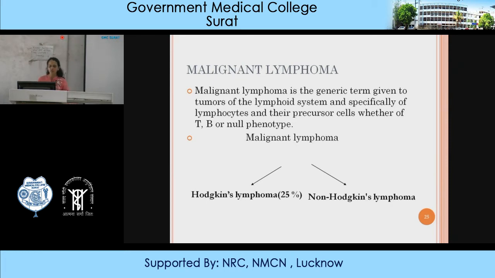Very important, we will discuss why Hodgkin's lymphoma and non-Hodgkin's are two different groups, and it is necessary to classify primarily as lymphoma under whether it is Hodgkin's or non-Hodgkin's. Either you are reporting an FNAC report of a patient or a biopsy, one has to mention whether it is Hodgkin's lymphoma or non-Hodgkin's lymphoma. You have to go for histology. If it is not evident on histology, one can use ancillary techniques like immunophenotyping.